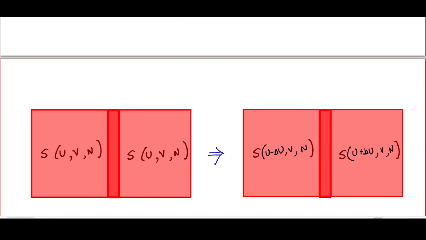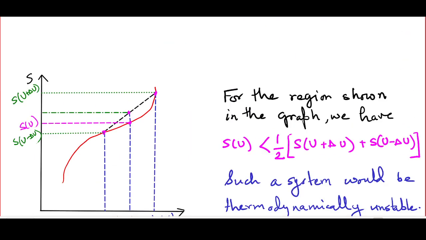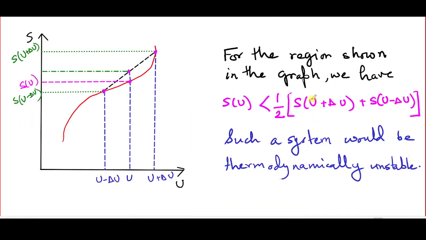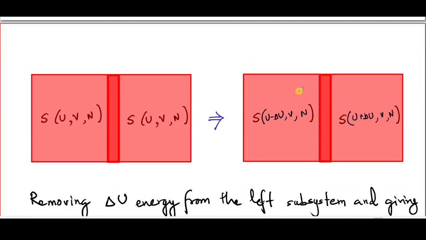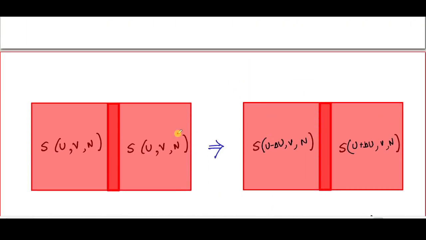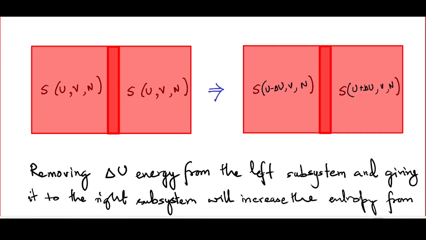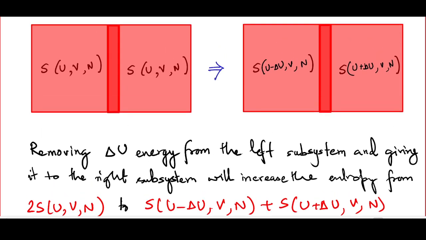And if you go back to our supposed dependence of S on U, this sum would be more than twice S of U, V, N. What that means is that this process of transferring delta U amount of heat, of energy, spontaneously from the left to the right would actually increase the entropy of the system. And remember, a closed isolated system, which the whole system is, would evolve spontaneously towards higher and higher values of entropy, which means that the moment you allow this wall to be